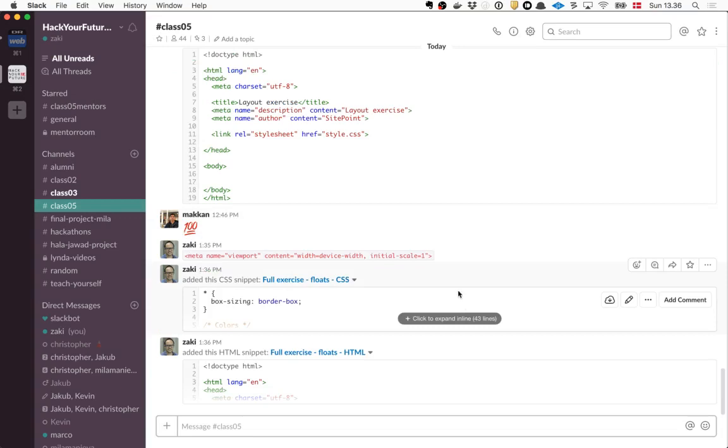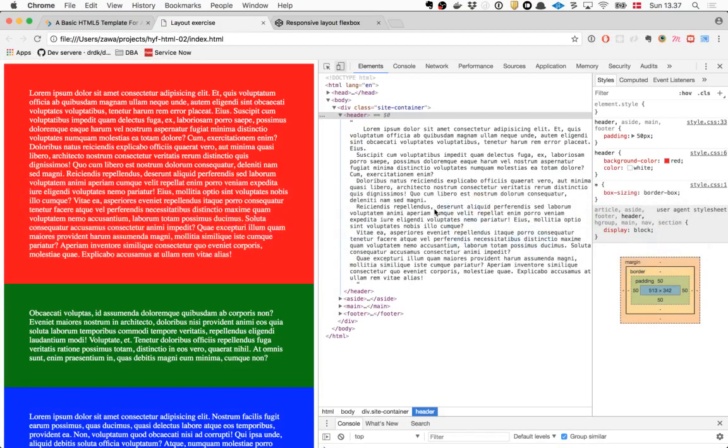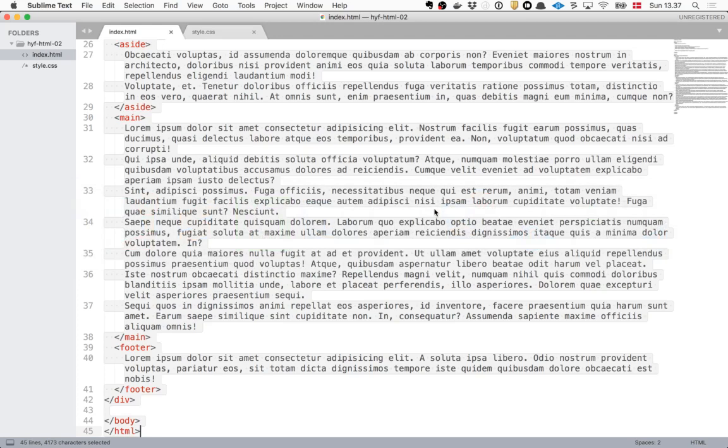So if you didn't manage to get everything to work, you can try and compare with the code that I had. One more comment on this: if Zaki is going to start doing the floats, maybe you should save the old CSS somewhere so you have a reference for how to do floats and how to do flexbox, so you don't overwrite the old work, because then it's all lost.